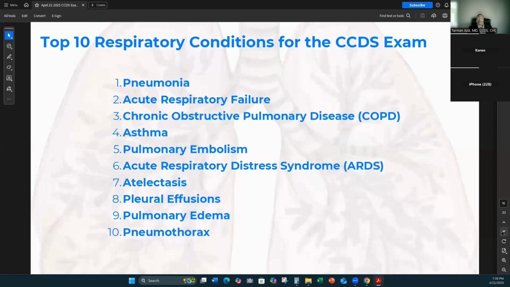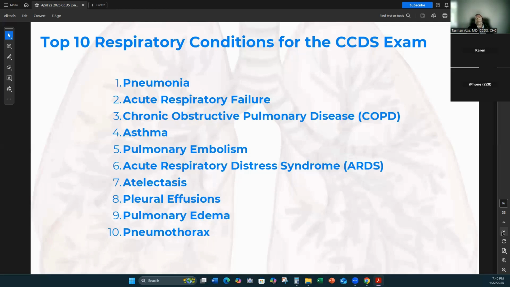ARDS, acute respiratory distress syndrome, you should know the circumstances that can lead to ARDS, and keep in mind what the causes have in common is non-cardiogenic causes of pulmonary edema. So this is not pulmonary edema from heart failure and the lack of proper forward momentum of blood flow, but rather something that's not cardiogenic, triggering pulmonary edema, and usually occurs in all four quadrants of the chest X-ray. So you can see that snowstorm type of picture on the X-ray findings.